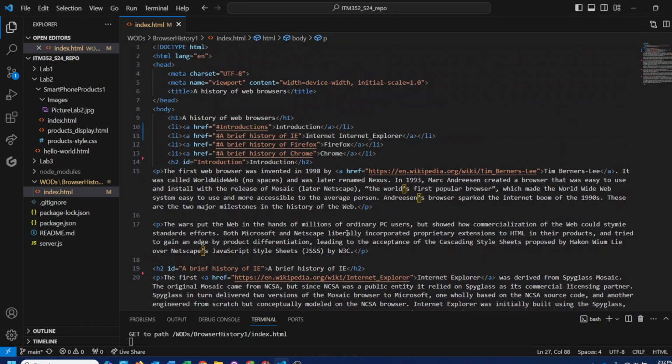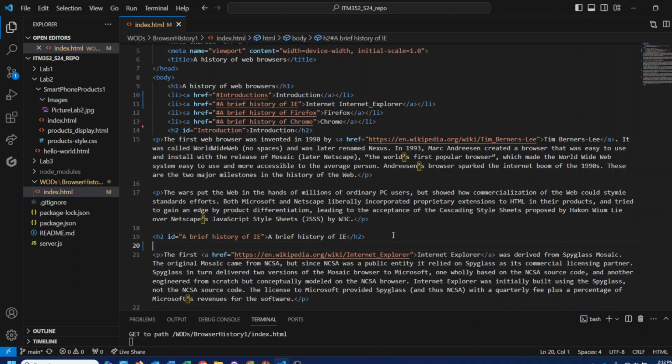So for Internet Explorer, we'll do img, then we'll do width equals 100px, height the same, 100px,